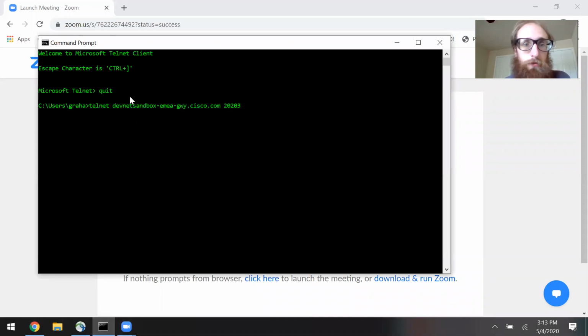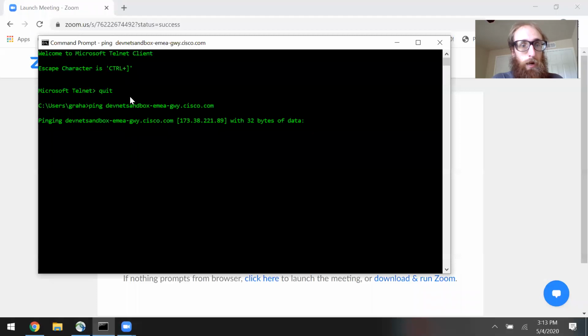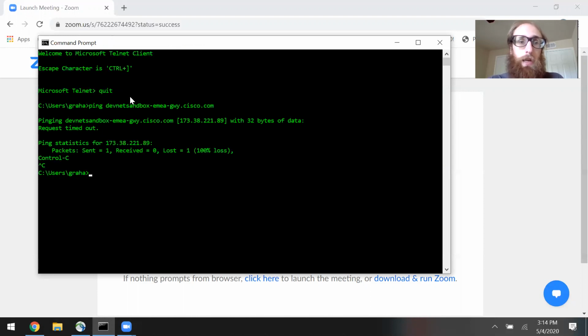So one thing you can do to test whether or not you can reach a device, because in a lot of data centers, they will disable ping traffic because it's more secure. So you can see here, if I try to ping this device, which is what we're trying to connect up to, it resolves via DNS, but the pings just time out. So that's very likely due to the security settings they have in their data center where they're just not allowing me to ping in. So another thing we can try